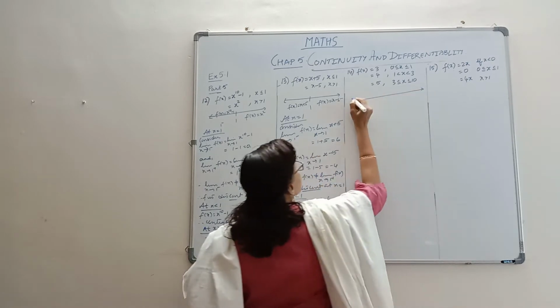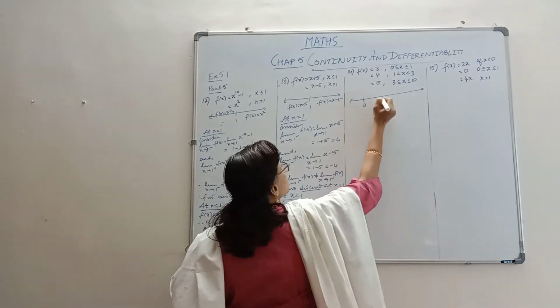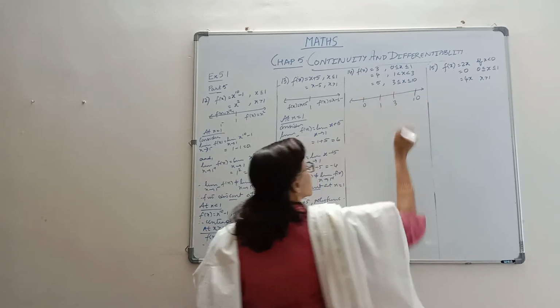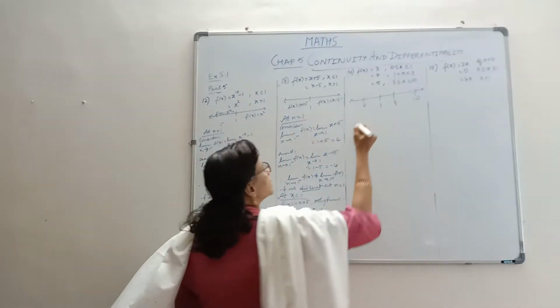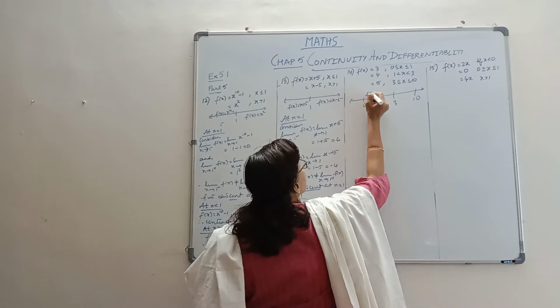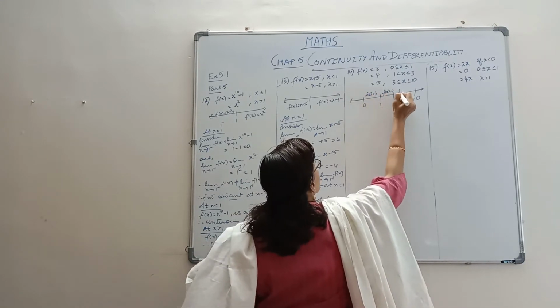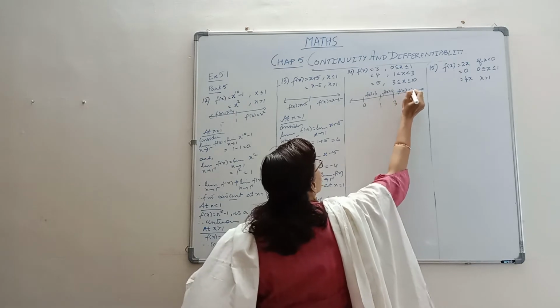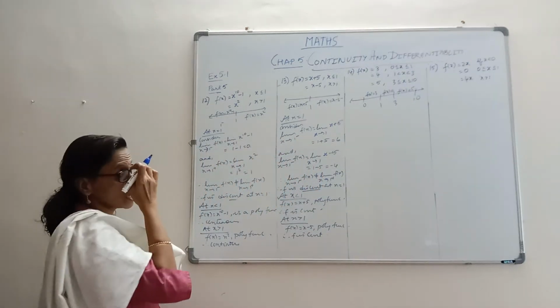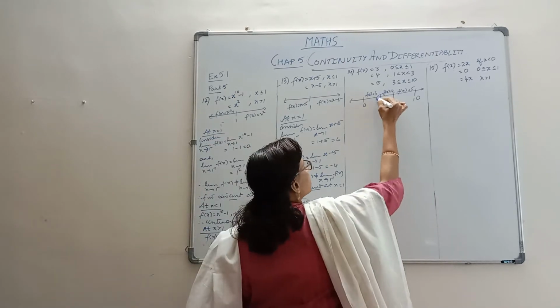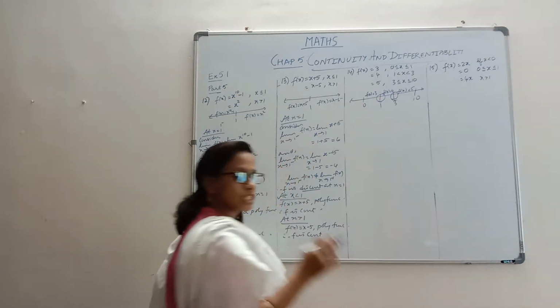So it is like this, that we have from 0 to 1, then from 1 to 3, then from 3 to 10. That's how the domain is defined. In this range, the function is defined as 3. They are all constant functions. Here it is defined as 4, and in this range it is defined as 5. This is how the function is. So there is a change around 1 we will check, and around 3 we will check, because changes are happening